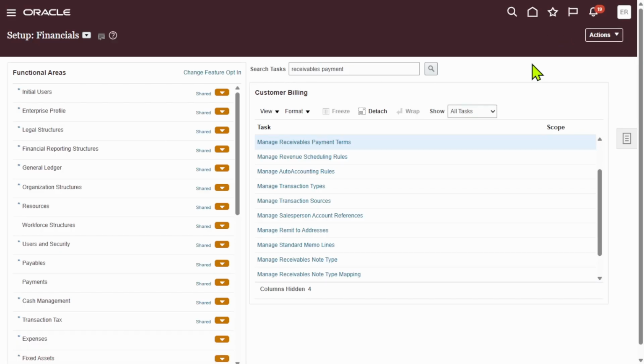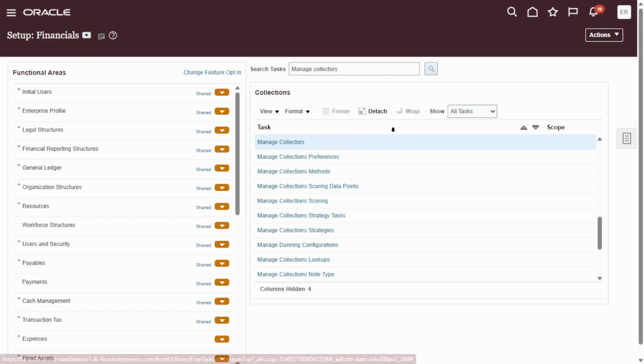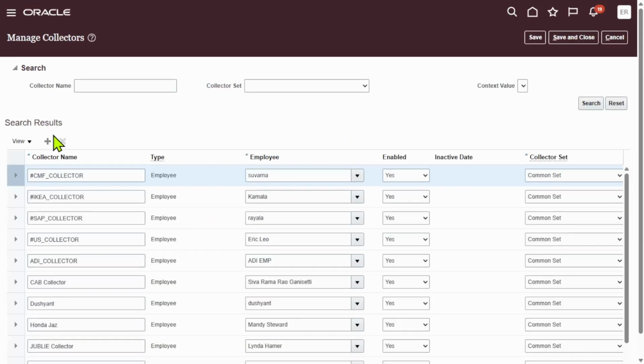Now we will see how to create collectors. The task is manage collectors. Click on search. Open the task, manage collectors. Click on add row. Now collector is ERPZEN underscore collector,